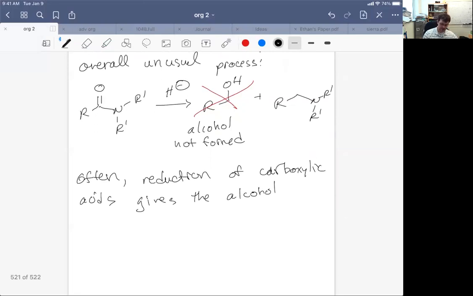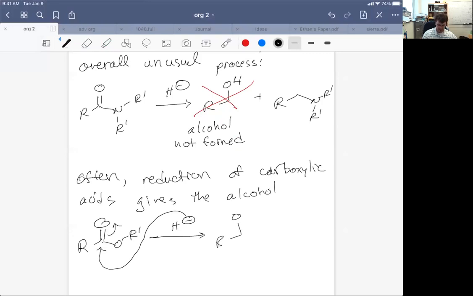Okay, let's look at an example of that. The only time that people ever do this productively, I've seen it occasionally with acid halides and a little bit more often with anhydrides, but for the most part, people do this with esters, is we could add H- to an ester, and the H- is going to participate in an addition elimination reaction like we just saw, where we're going to add